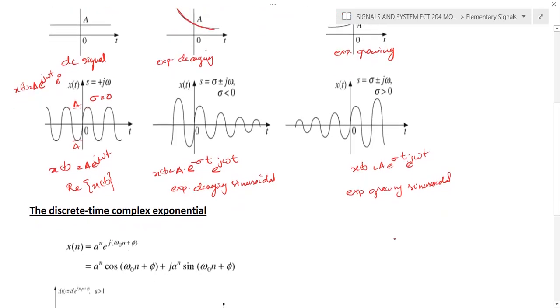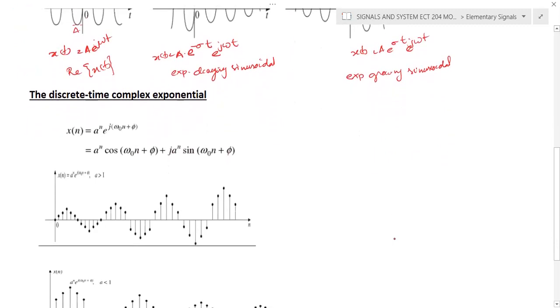Okay, similarly in the case of discrete time signal, in order to indicate the two parts, the real part we'll write a raised to n, and the complex term is e raised to j omega. Okay, simply you can write a raised to n. If you write the exponential term, it will be like this: e raised to n, and e raised to j omega n. Okay, so instead of that you will write a raised to n for simplicity, and the next term is e raised to j omega n. So it contains both a real and complex term.